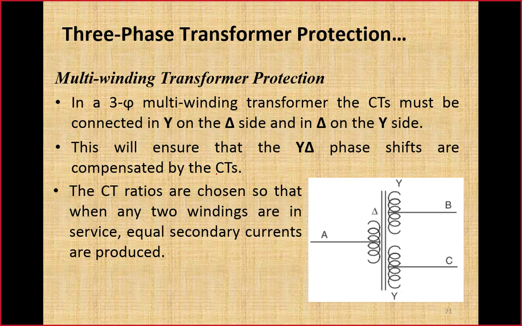Next is the CT ratio. CT ratios are selected in such a way that if only two windings are in service, even then the differential protection must work well. That can be done by assuming one winding is out of service and then calculating all the CT ratios using the same procedure that we have just followed in the previous example. Once the calculation is done, take one of the windings out and include the excluded winding. Then repeat the calculation again.